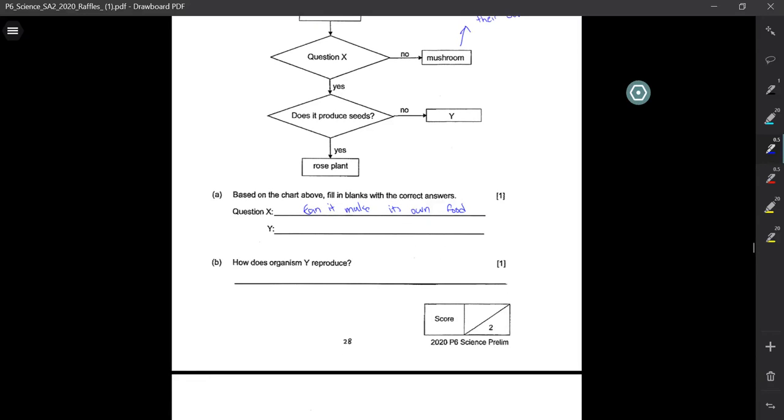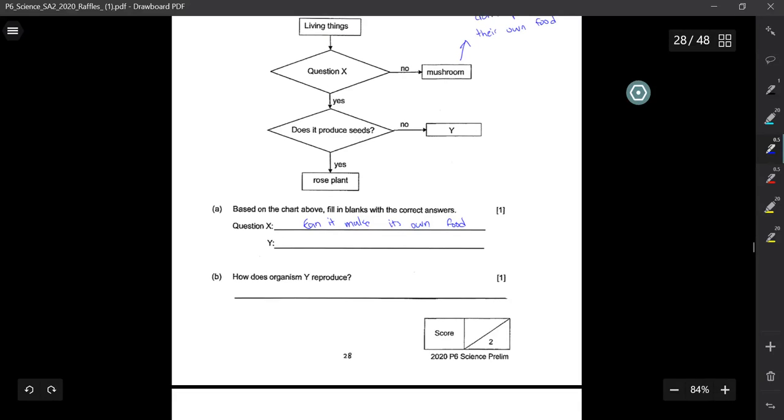And then we have Y. So what is Y? It can make its own food. So it's a plant, because plants are the only living things which can make their own food. And then does it produce seeds? No. So what type of plant does not produce seeds? One of the things is a fern. Ferns are plants